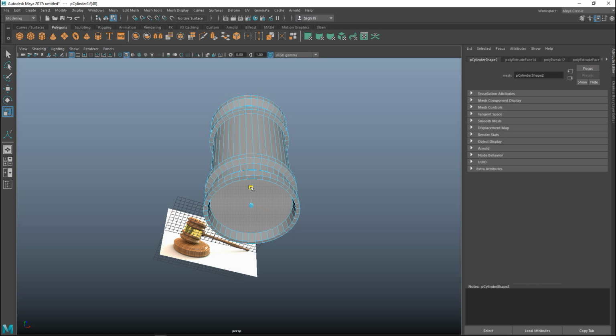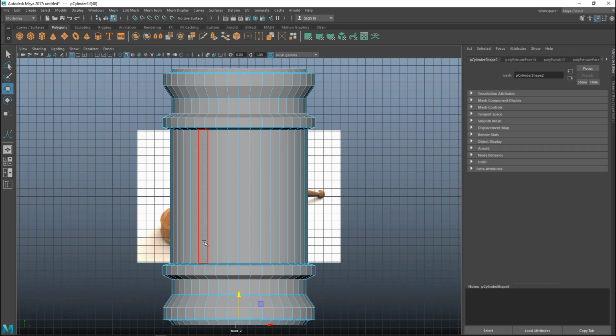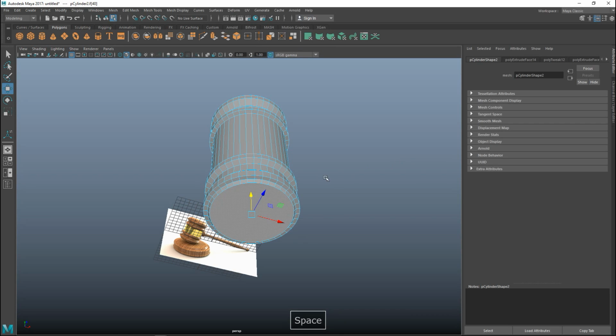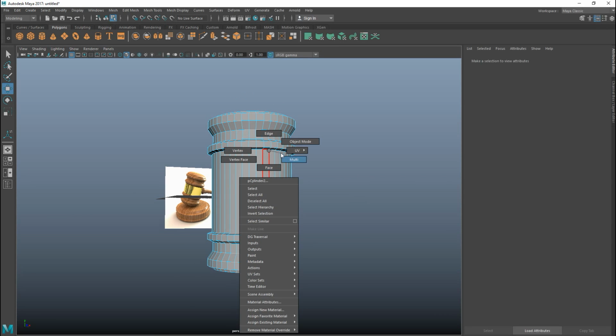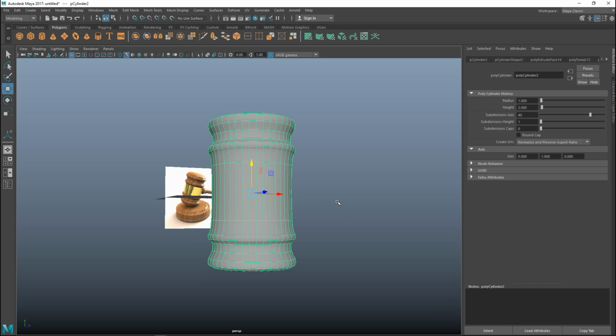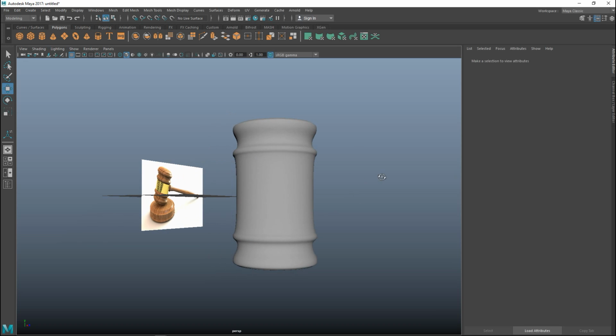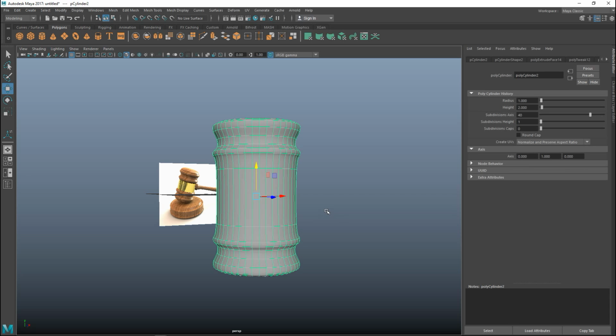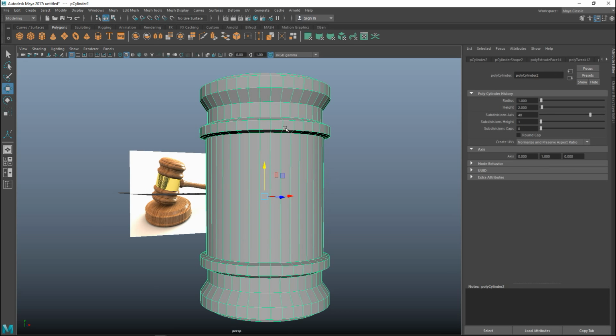Looks like I missed one. Hit W. Let's have a look from this side. Yeah, we're good. Okay, we're going to do a preview. Right click object mode, hit 3 to preview. Not too bad. We're going to go in, hit 1, and what we're going to do is we're going to